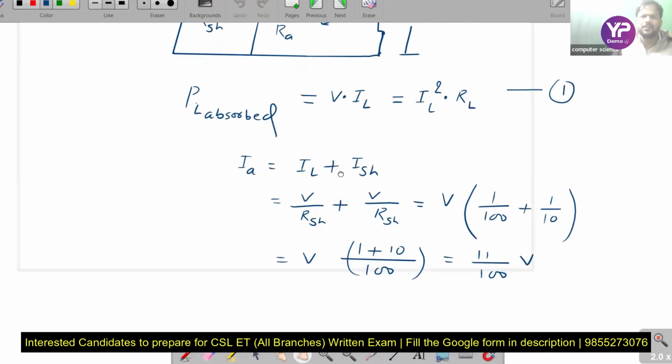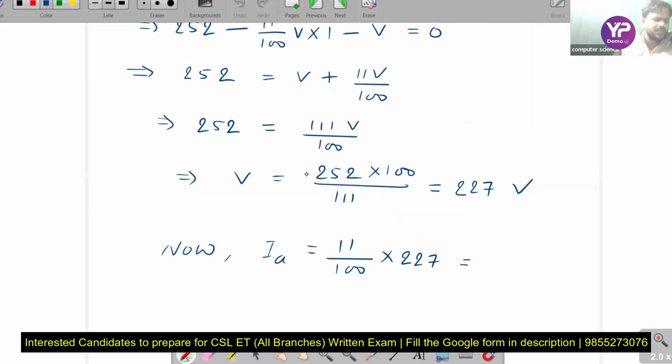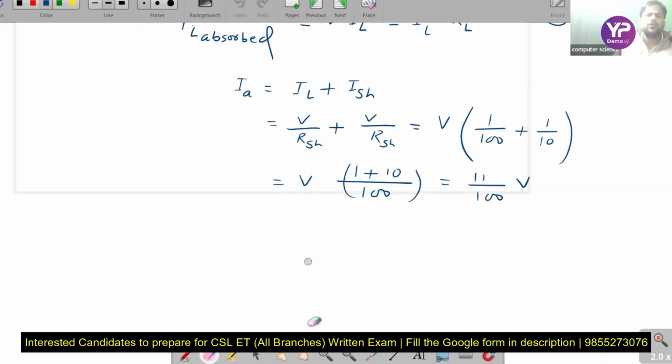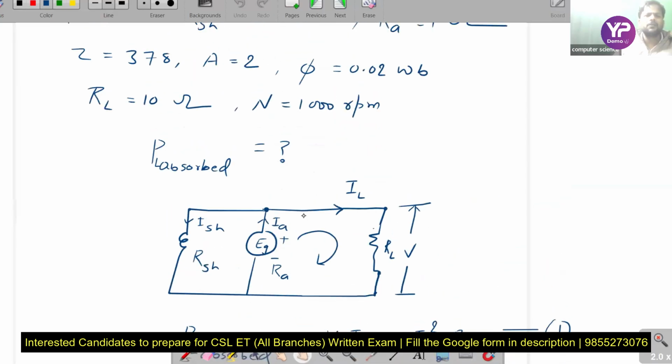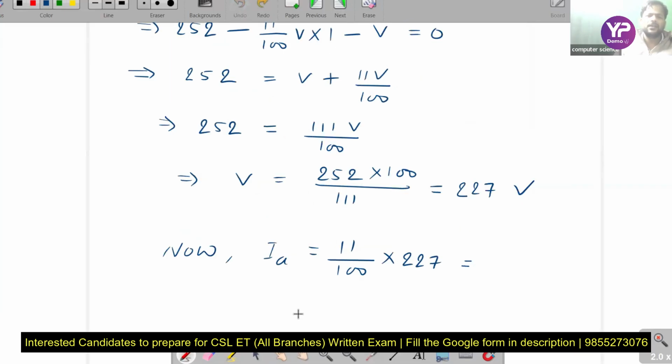To find I_L, we directly use I_L equals V by R_L, because R_L is given in this circuit. No need to find I_A, because to find the power absorbed we need the voltage and I_L. The voltage is found, and to find I_L we simply use